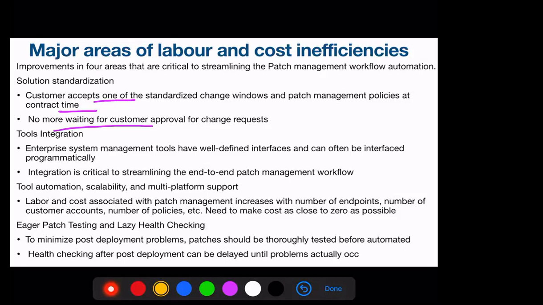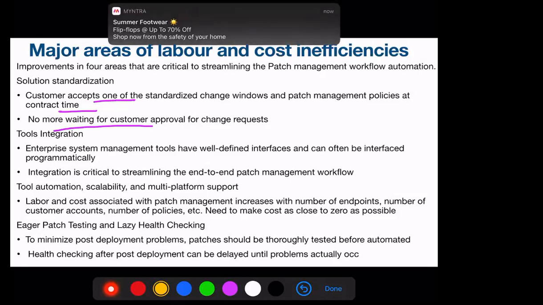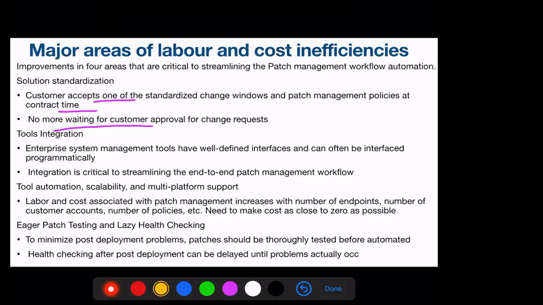To get out of this, we need proper synchronization, and proper synchronization will happen if and only if we go for tool automation of the entire patch management system. And that is specifically required for a scalable system. If the system is very, very scalable, then this kind of patch management is required.